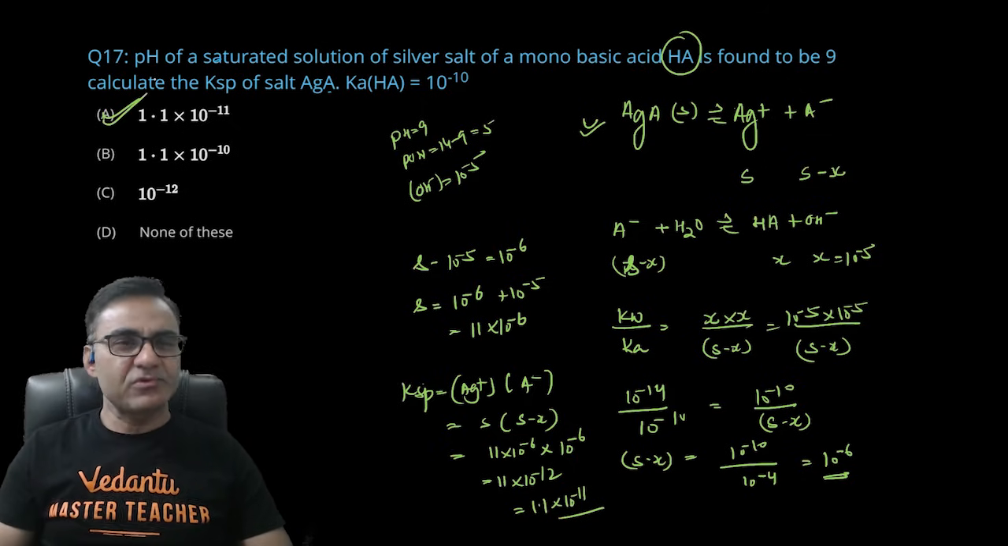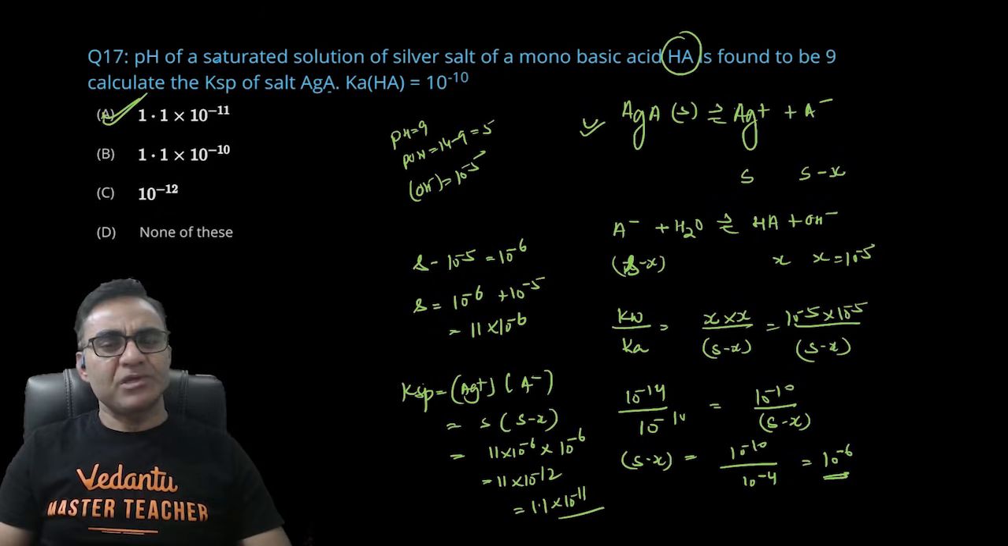So this is a beautiful question of ionic equilibrium, जहां पे एक वीक एसिड और स्ट्रॉन्ग बेस के साल्ट की सॉल्युबिलिटी के बारे में इंफॉर्मेशन दी हुई है और उसका केस भी निकालना था। ऑलराइट,